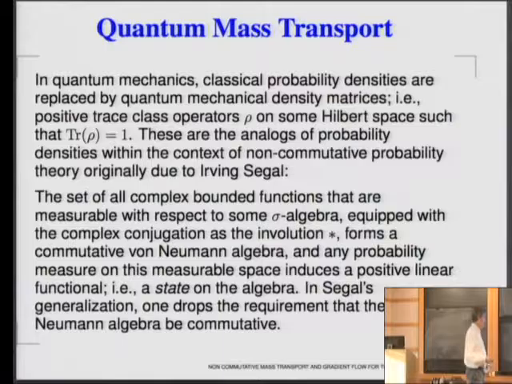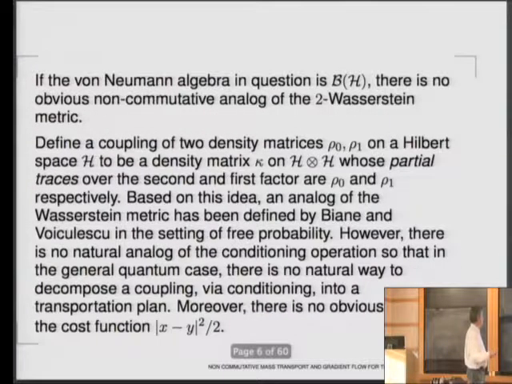So the simplest representation of the operators is operators on a non-commutative LP space. Okay? Now, if we go into this non-commutative setting, it's difficult to see how mass transportation might work out right away. And the big problem here is that in a non-commutative setting, there's no analog of conditioning. So there are all kinds of problems